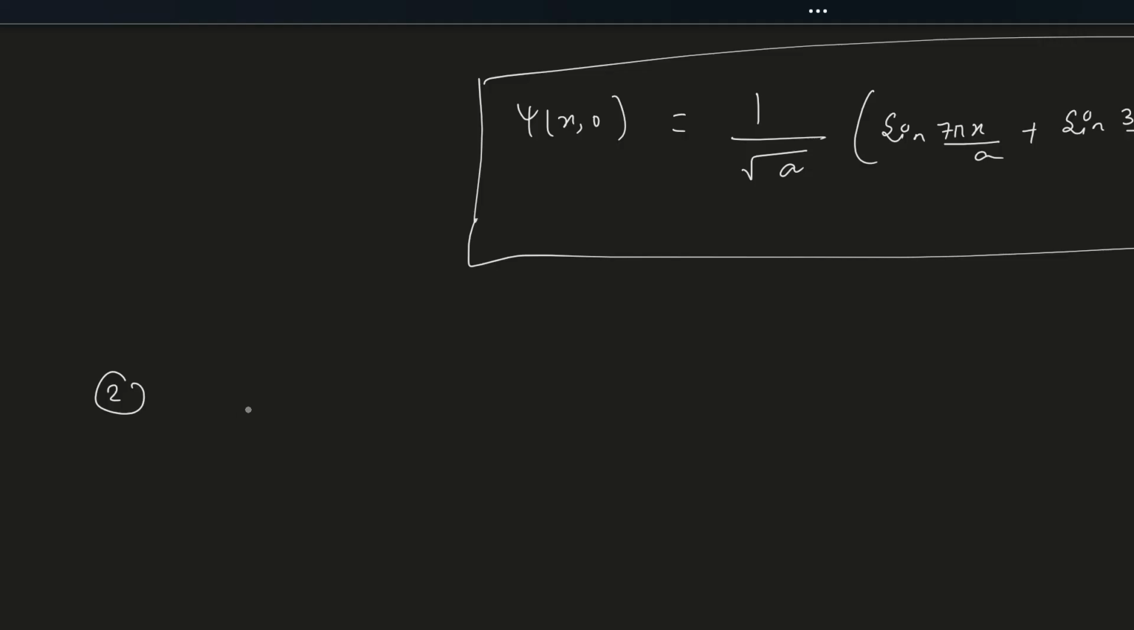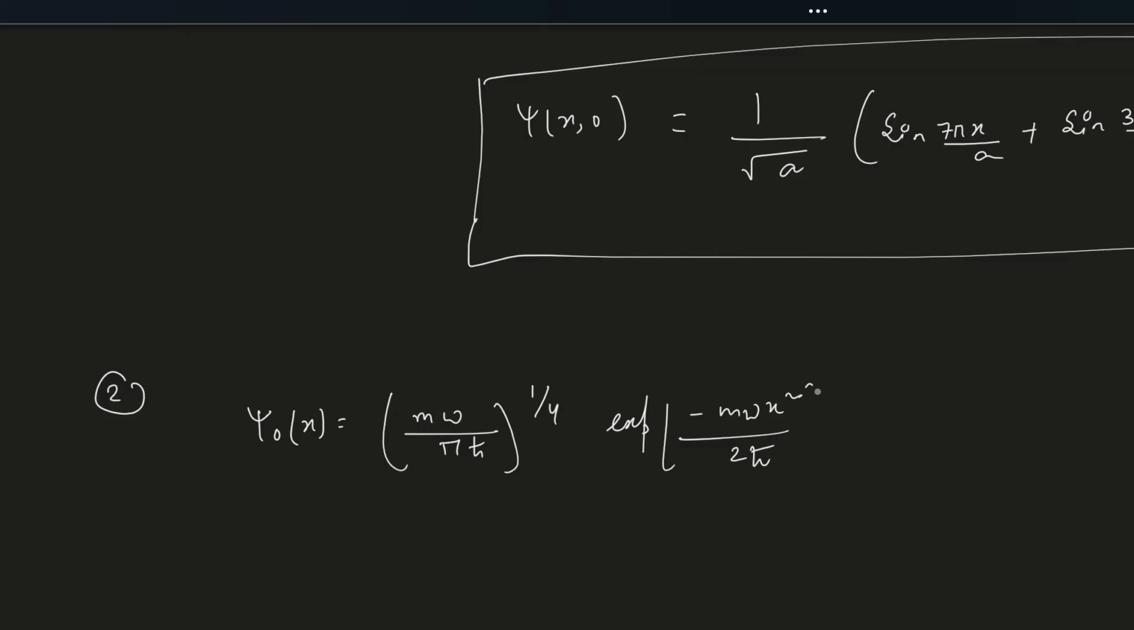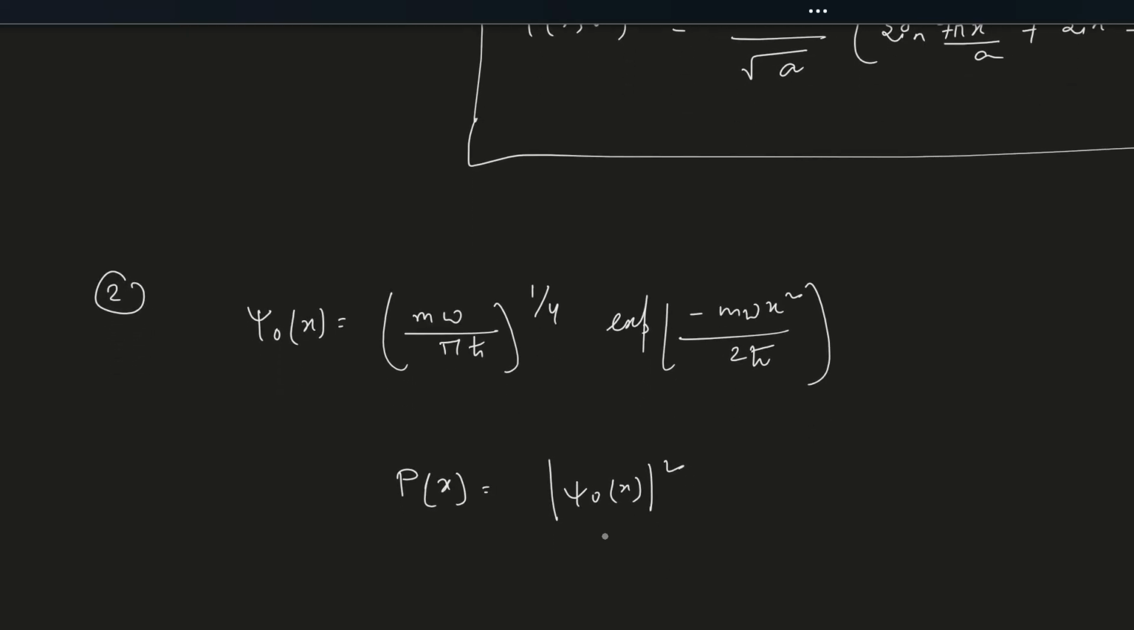So this number 2: psi naught x is the ground state wave function for the simple harmonic oscillator case. So this is (m omega by pi h bar) to the power 1/4 times exponential of minus m omega x squared by 2 h bar. Now the probability density, we call it P x for our convenience. This is psi naught x whole mod squared. Because this whole term is real, not complex, this is the direct square of it. So (m omega by pi h bar) to the power 1/4 whole squared means this is to the power 1/2, and this is exponential of